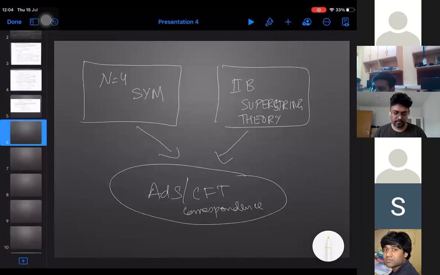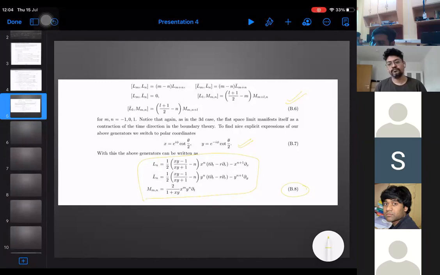Sorry, just to clarify, your X and Y depended on this phi and theta. Is this the reason that you are saying this is infinite dimensional? Yes, this will be the asymptotic symmetry. Although they are finite in number, they are angle dependent, therefore you are calling them super translations.